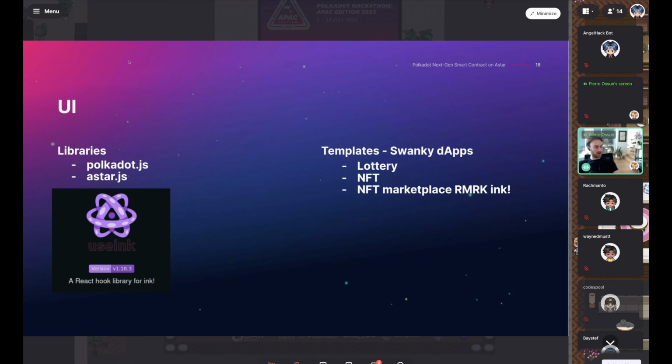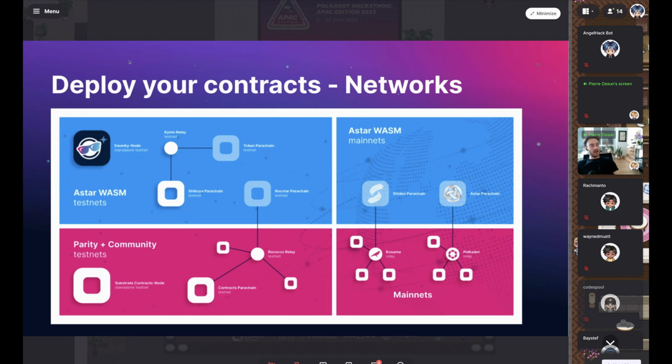We have some templates if you want to check already existing dApps. So in Swanky dApps, templates, we have one lottery, you can check NFT and also NFT marketplace. We mark Ink. So the networks: in blue you have the Astar network, and in pink you have the Polkadot parity network. As a testnet, we have Shibuya, and as mainnets, we have Shiden in Kusama and Astar in Polkadot. And of course, all of this